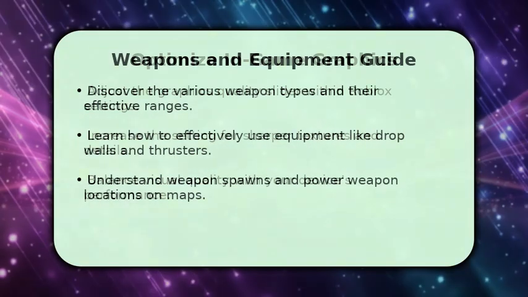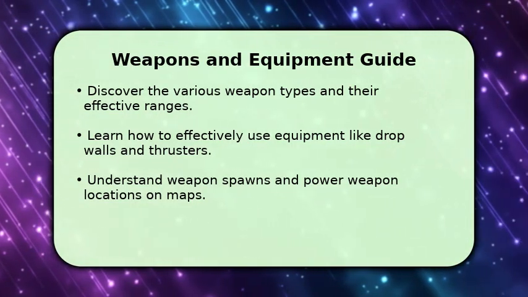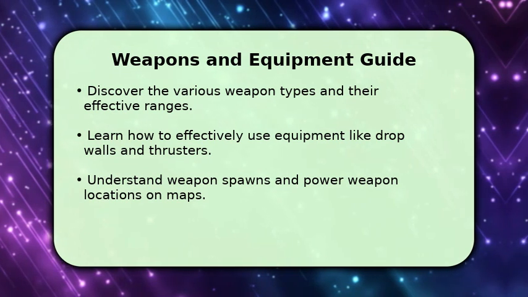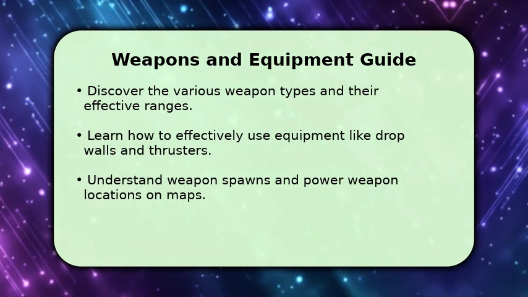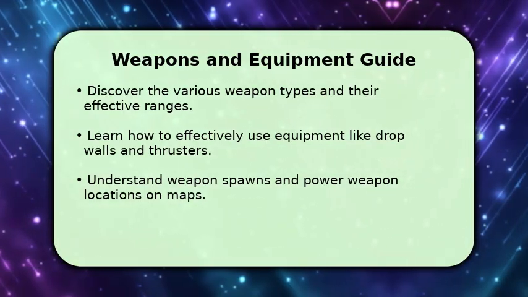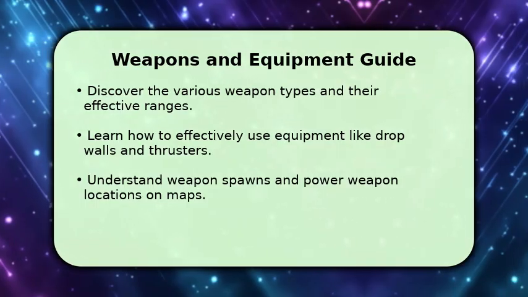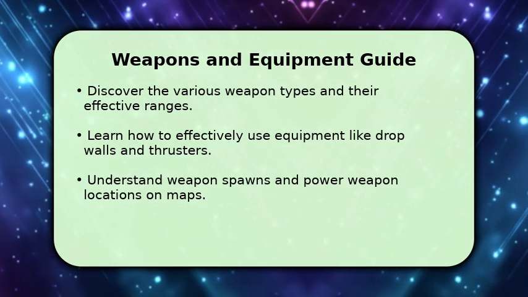Now, let's talk about your arsenal. Halo Infinite features a wide array of weapons, from kinetic assault rifles to plasma carbines, each with unique strengths. Equipment like the drop wall provides temporary cover, while thrusters offer quick evasive maneuvers. Knowing where power weapons, such as the rocket launcher or energy sword, spawn on each map gives you a significant